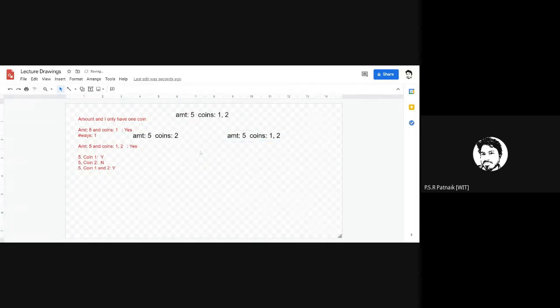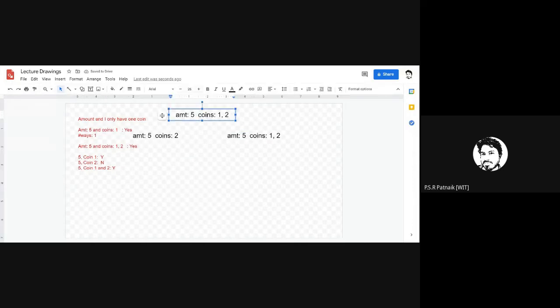One more thing: when you have decided not to use, it is as it is. But when you decide that you will use coin 1, assume that you have used one coin. If you're using one coin of it, what will be the amount? The amount will be the denomination of this coin minus 5.